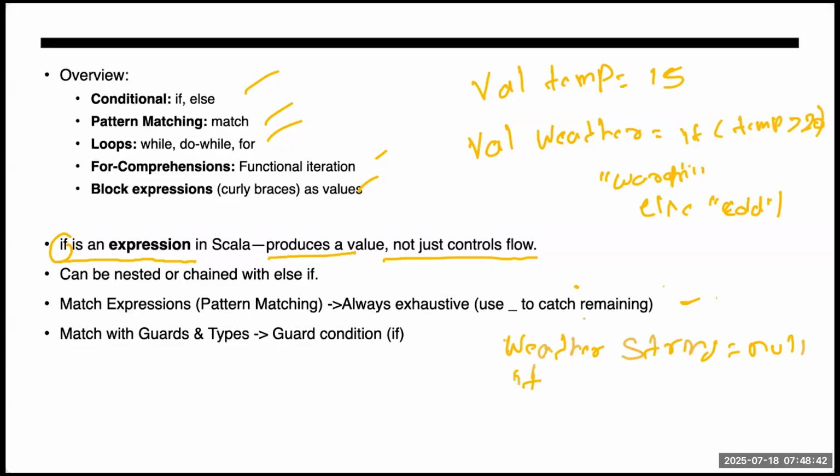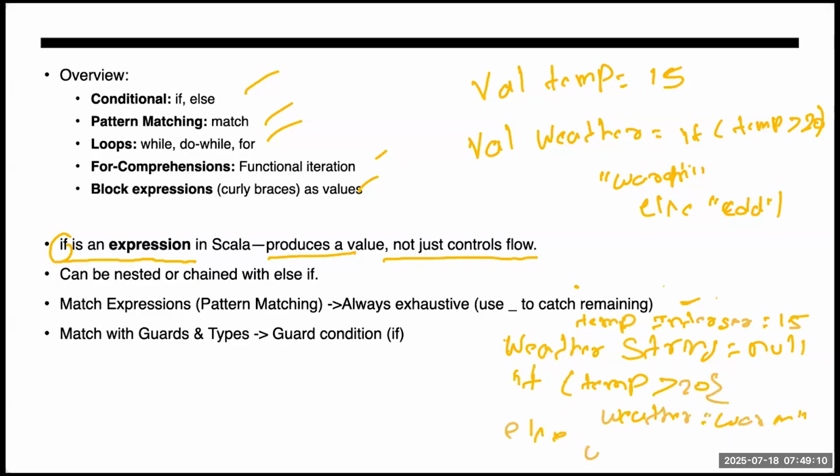or let's suppose you have temp here also. Temp, integer, equal to 15. Then you have to write if temp is greater than 20, then weather equal to warm, else weather equal to cold. You have to write something like this, where you have to define a variable and